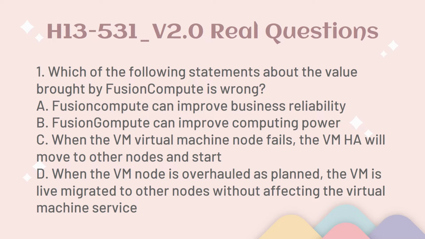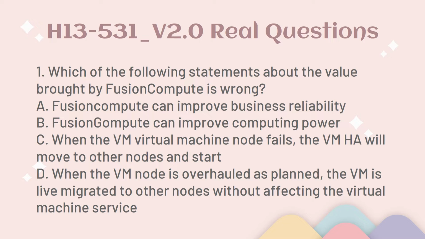1. Which of the following statements about the value brought by FusionCompute is wrong? A. FusionCompute can improve business reliability. B. FusionCompute can improve computing power. C. When the VM virtual machine node fails, the VM HA will move to other nodes and start. D. When the VM node is overhauled as planned, the VM is live migrated to other nodes without affecting the